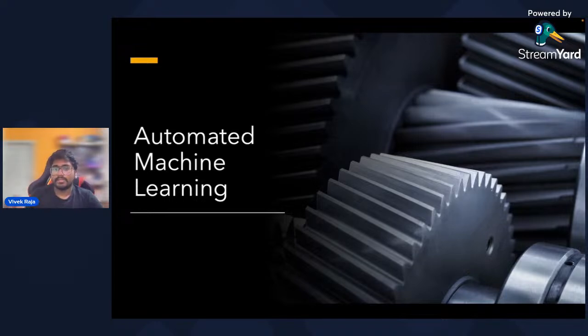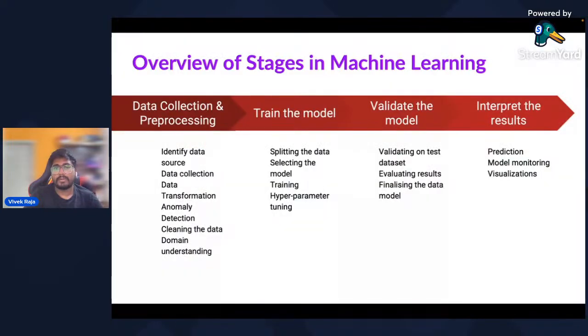So automated machine learning is nothing but a bunch of pipelines that can re-execute and find which is the best hyperparameter tuning, which is the best model, and how you can prepare your data in a better way. And the best part is it does not involve any coding. From your end-to-end machine learning, which is your data collection and processing, all your transformation, cleaning the data, training the data and selecting the right model, hyperparameter tuning, and then validating on the test and train data sets, and then deploying it, you could just do it with a couple of clicks. That's what we're going to see right now.